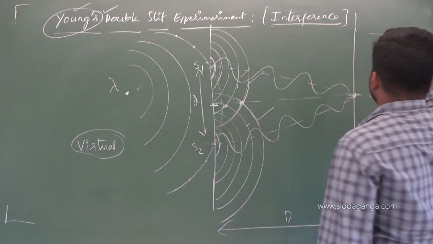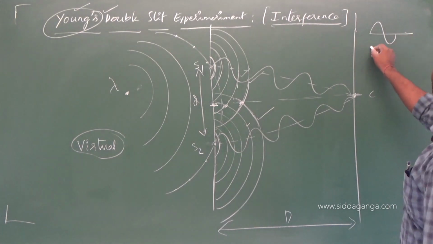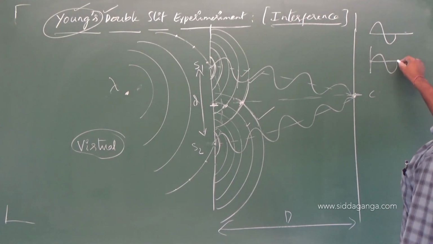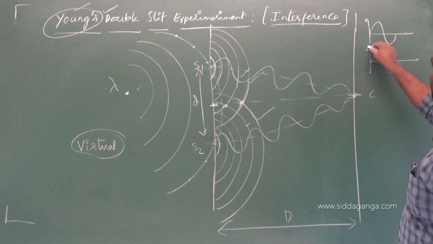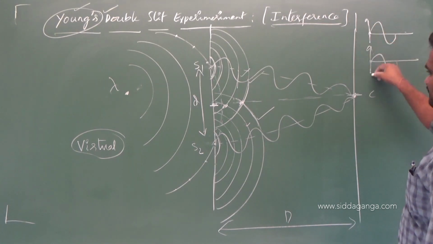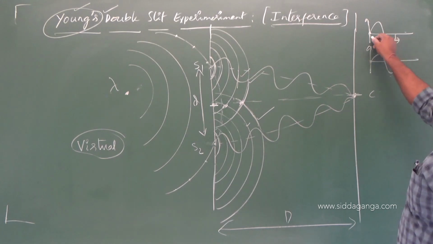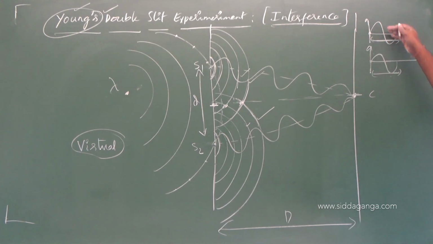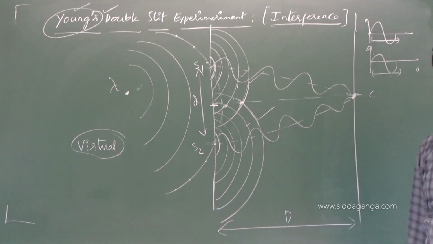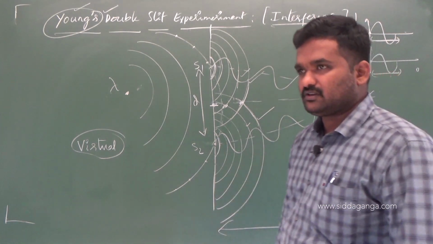The phase difference between these two waves here, if it is this much, even this also, both are the same. Both are in phase, meaning the distance the first wave travels is the same as that traveled by the second wave. What is the phase difference between these two waves now? It is 0.